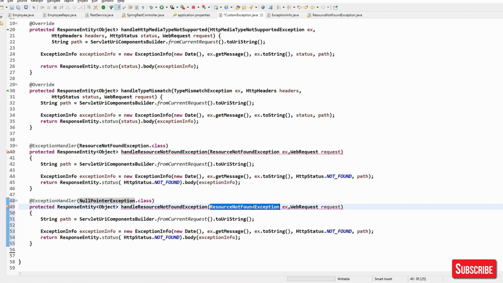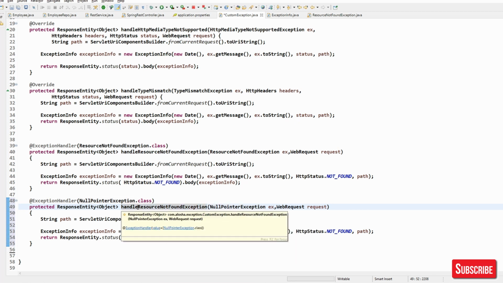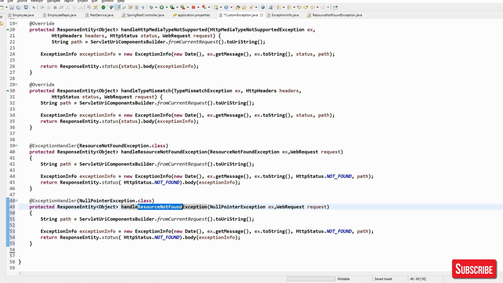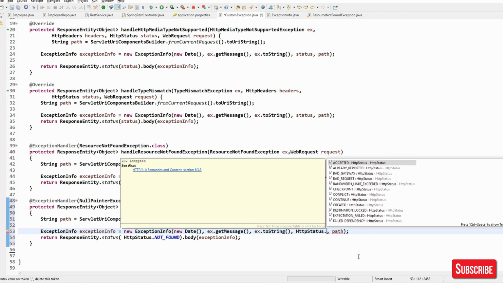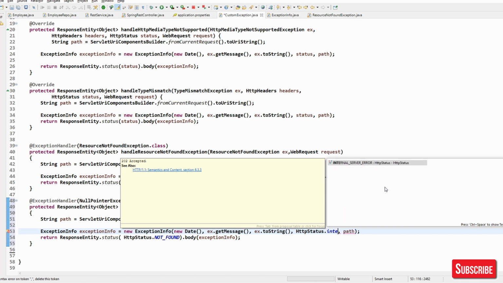We can define it here, handle NullPointerException. Okay, simple. And the status we want to give here is HTTP status internal server error.